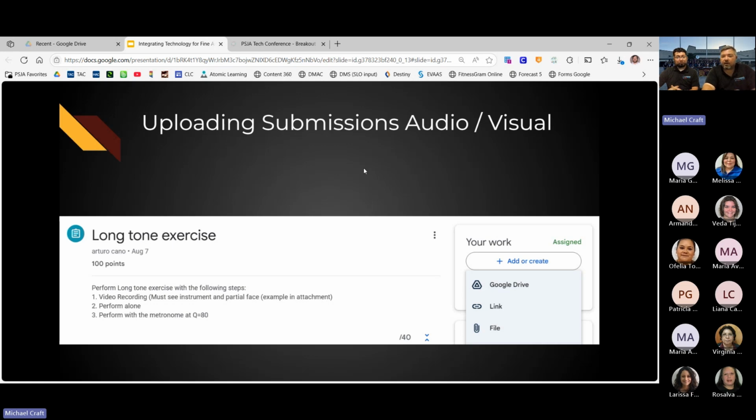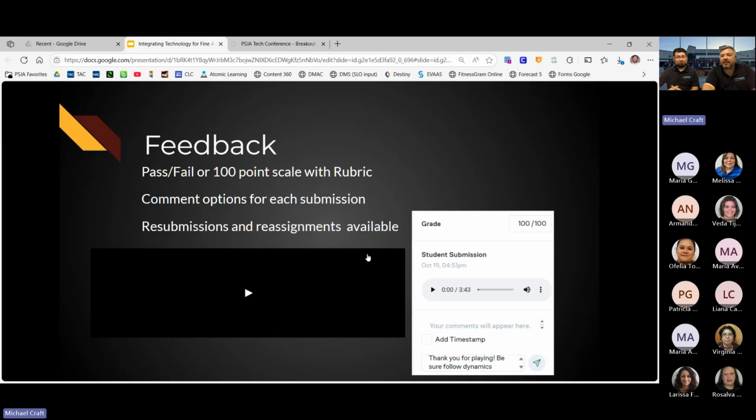Okay, anyway, so that's how uploading works. It's very simple. Feedback. So this is actually from Muse class, and so is this recording, but it's still applicable to what we can do for feedback. You'll see here we use pass or fail or a 100-point scale with the rubric. We can give comments on every single one. We can do resubmissions, tell them, hey, go on and try that again and resubmit. And I believe this is a